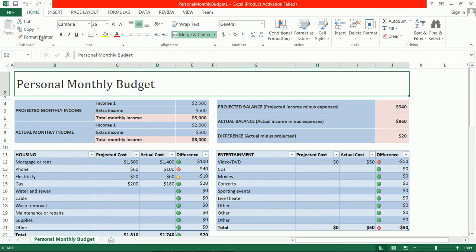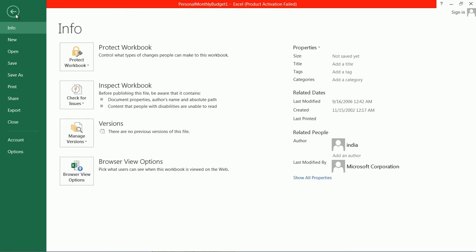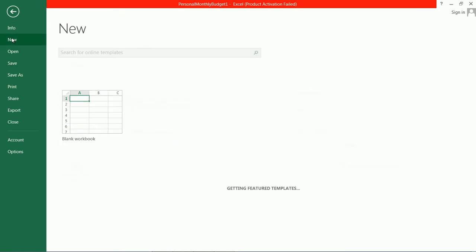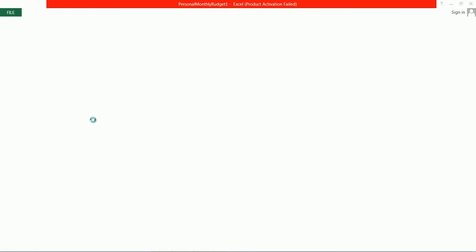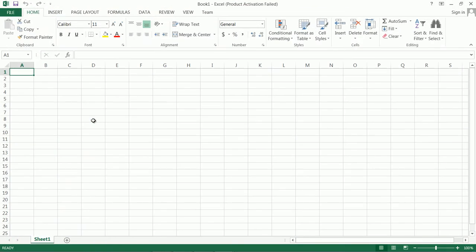Then go to File menu and select New. At the starting we have blank worksheet. Therefore click on blank worksheet. Excel is mostly used for calculations or presentation. Presentation in the sense of if you have a number of records, then you can easily manipulate those records in an Excel sheet,